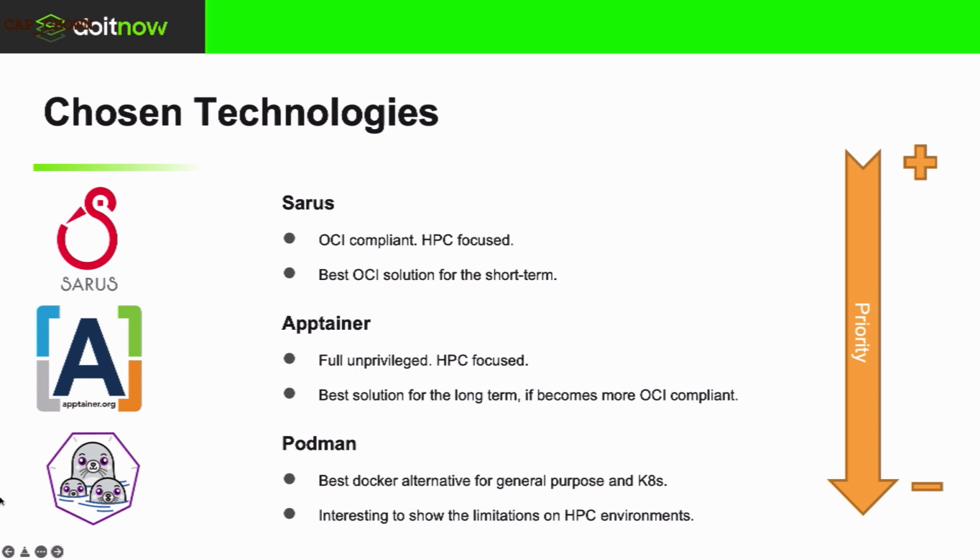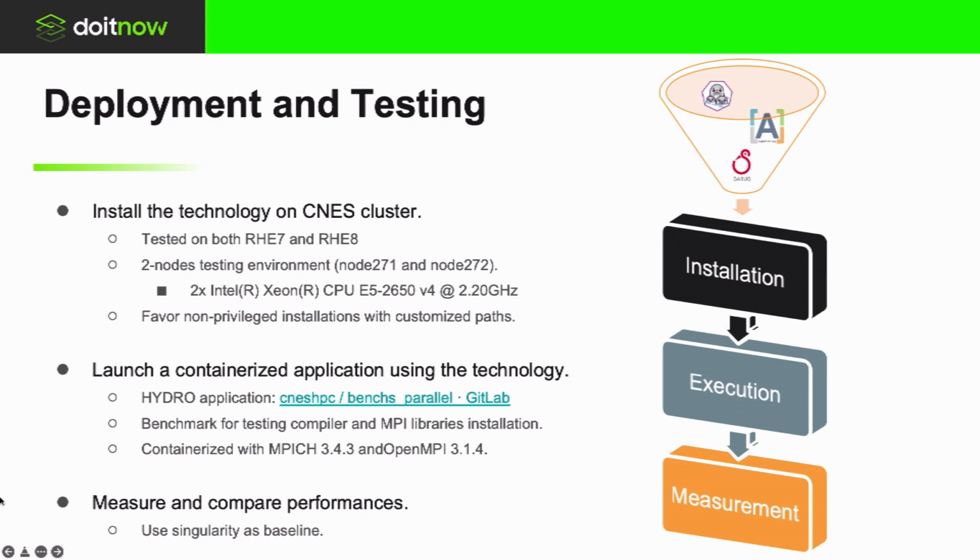So what was the idea of this POC? Well, the idea is to install the technologies in the SecNest cluster, as I said, and then try to launch a containerized application that uses MPI. In this case, we use the Hydro application, a benchmark application used by CNRS to benchmark compiler and